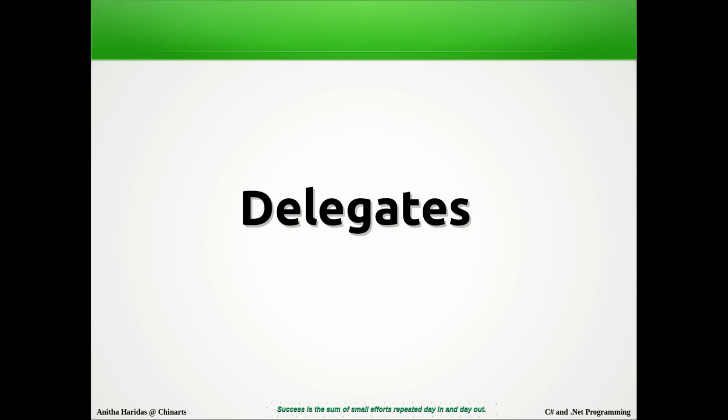We first declare a delegate, define the methods that can be associated, instantiate a delegate, which is nothing but creating an object of a delegate, then invoke the method using the delegate reference. These are the different steps we discussed in the previous videos, and how it can be implemented was also discussed using a demo program.